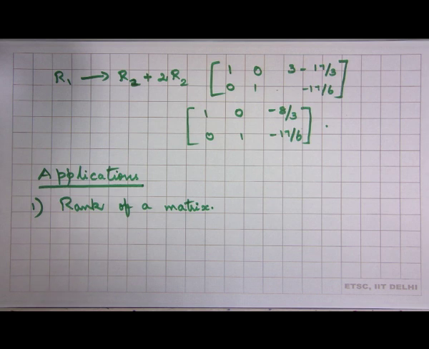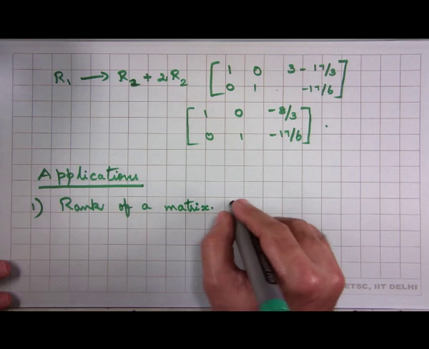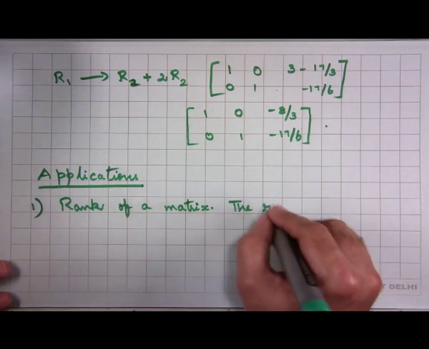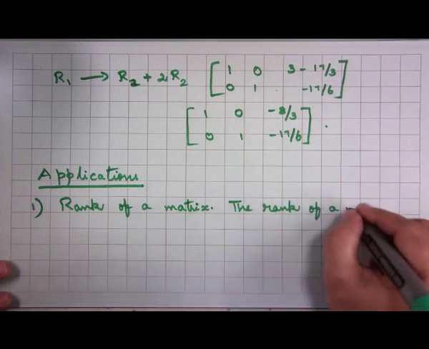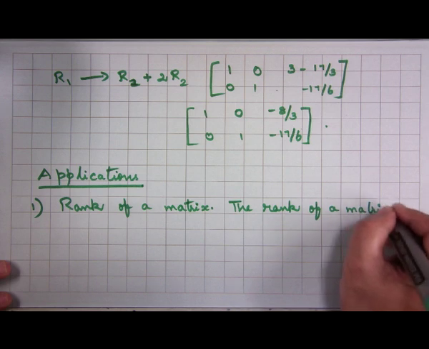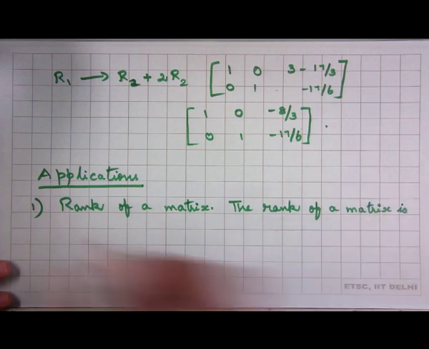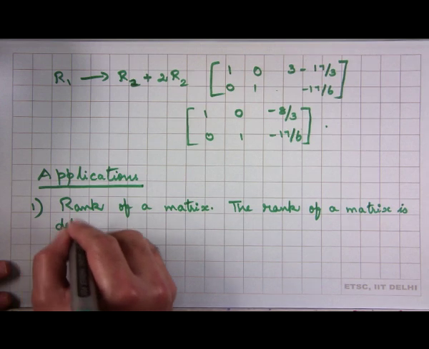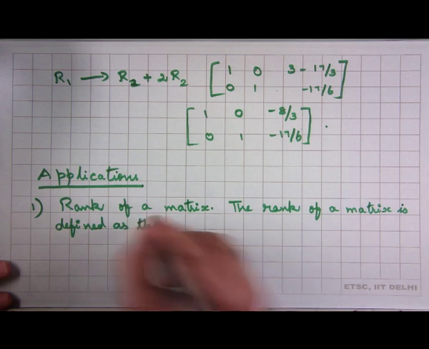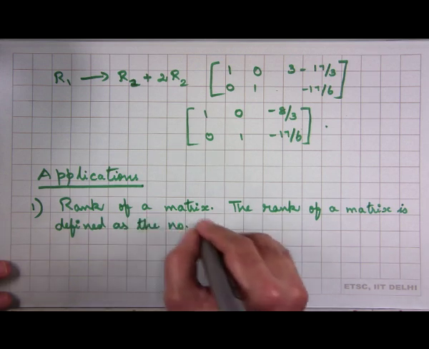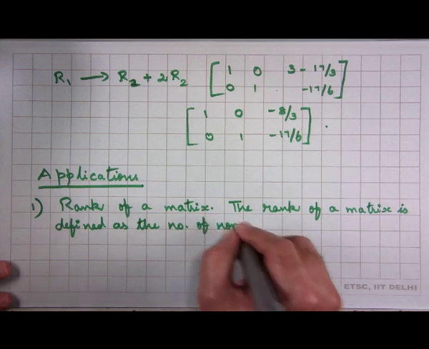How does one define the rank of a matrix? The rank of a matrix is defined as the number of non-zero rows